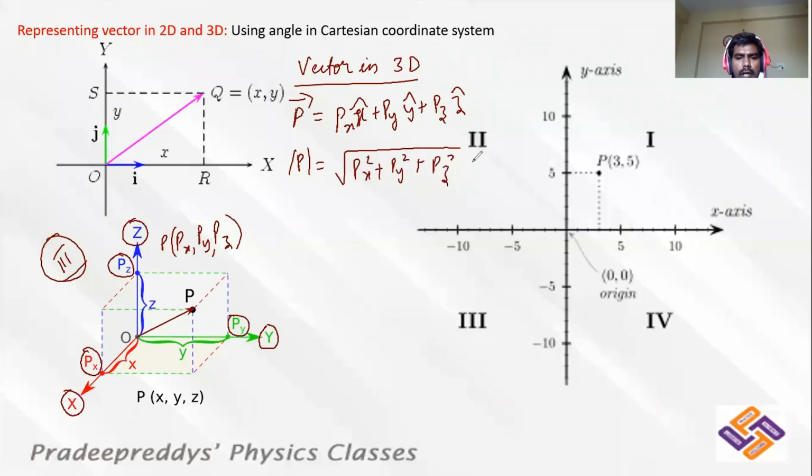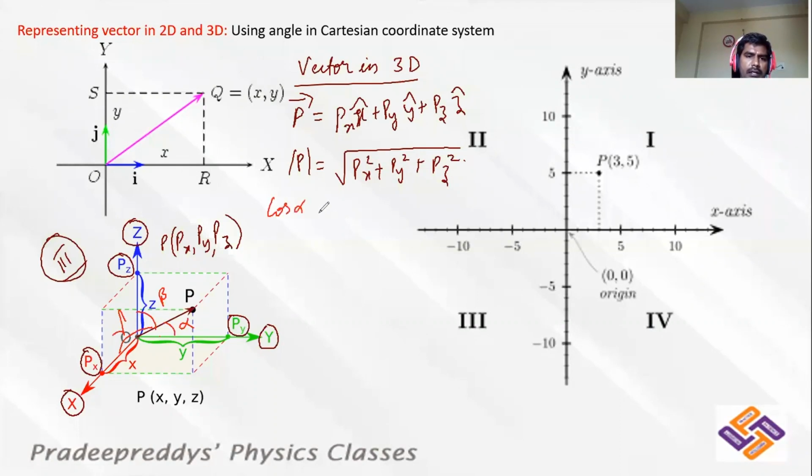Okay. Now coming to the angles, it is making different angles with the x, y, z axes. See, first check it up. It is making an angle alpha with the y-axis, and it is making an angle beta with the z-axis. It is making an angle gamma with the x-axis. Okay, so I can use any of the trigonometric ratios, sine, cos, or tan. But generally, the magnitude of P is known to you, the square root of Px squared plus Py squared plus Pz squared. So what I'll do, I'll simply take cos.